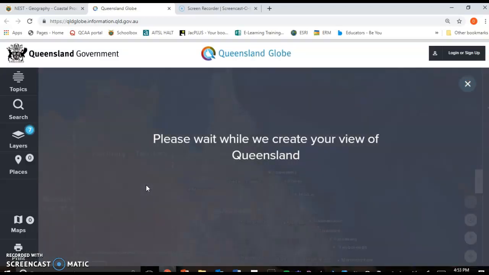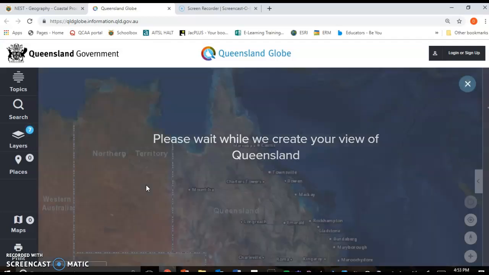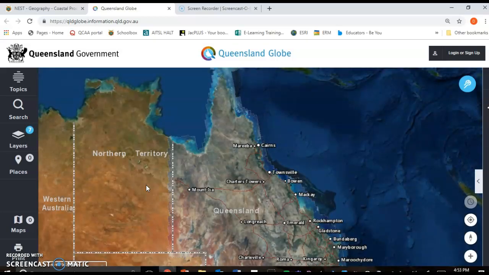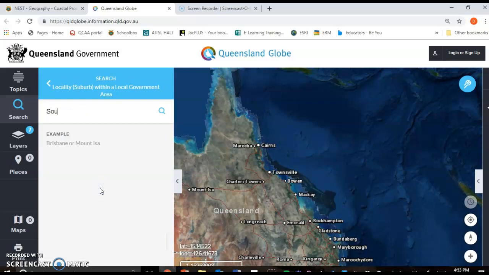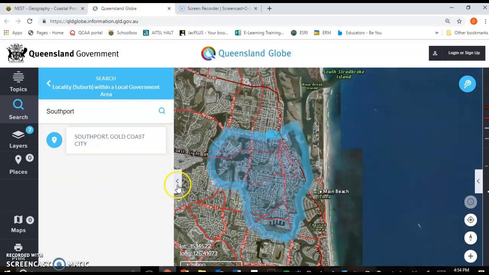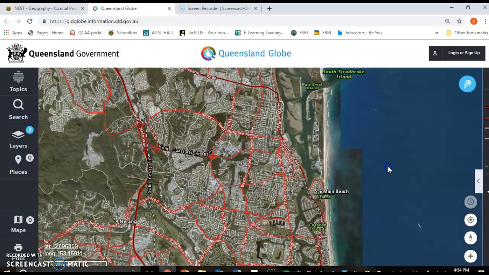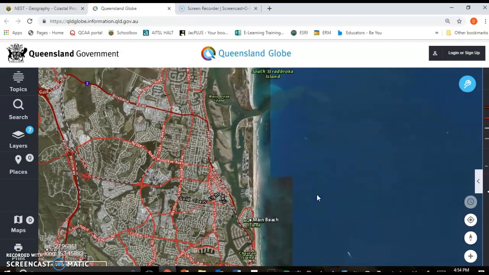For me, this is going through straight away because I've been in here previously. You may get a page come up that asks you to tick yes to terms and conditions and then enter. Just do that first and then this map of Queensland will come up. You're going to be searching for the suburb of Southport. Click on that and it will take you down to the Southport area where you're creating your own land use